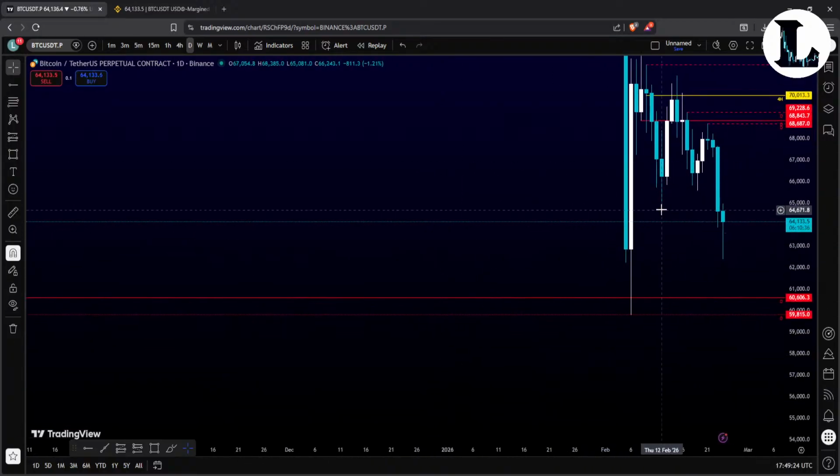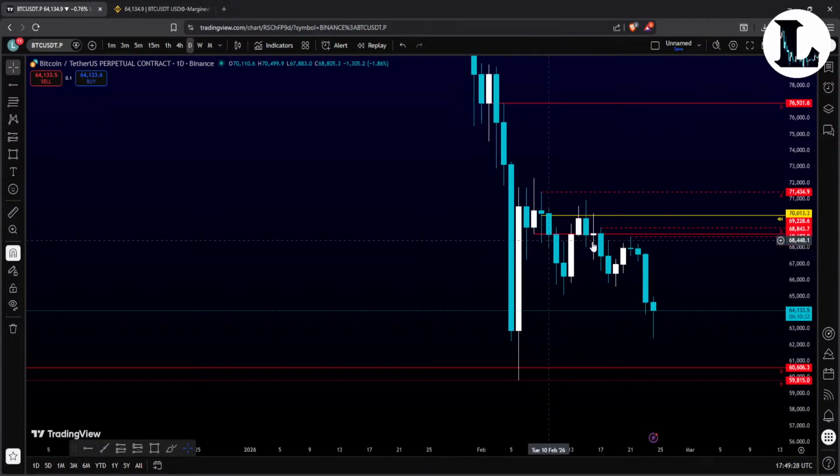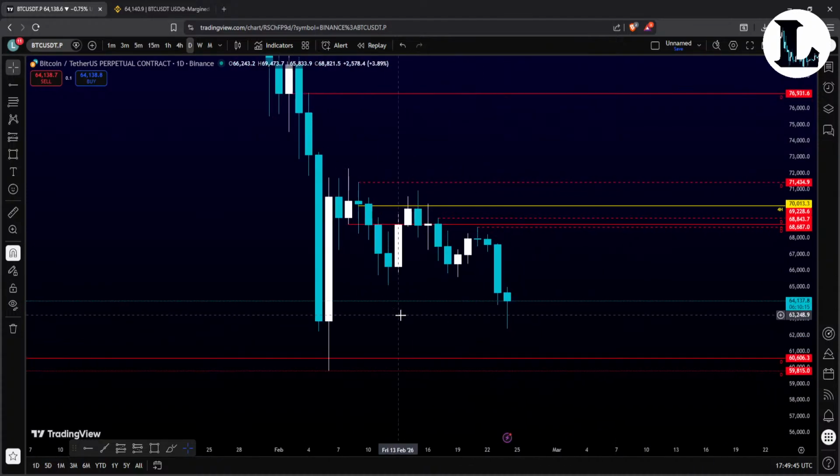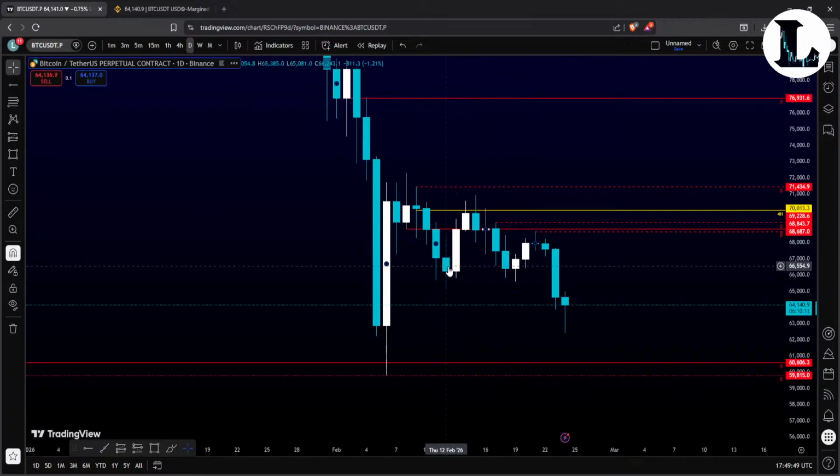read from the daily to the 4 to the 1 hour, and you can keep going, go to the 15, go to the 5, go to the 3, go to the 1, okay? You are going to understand how I read my price action like this, okay? The price is going to be easier to read if you kind of understand these levels, okay? So let's go to the bottom, okay? We already found